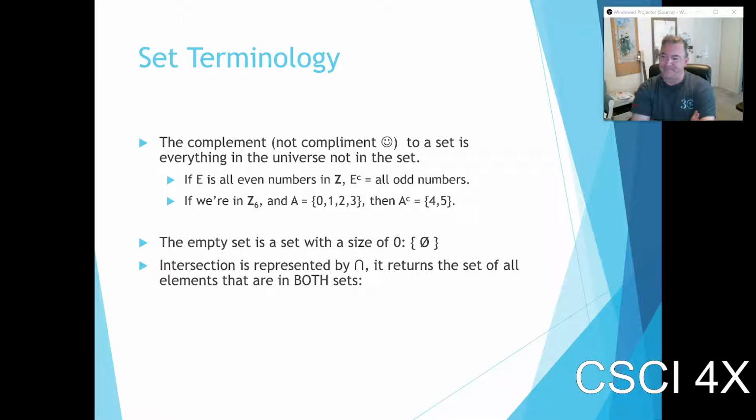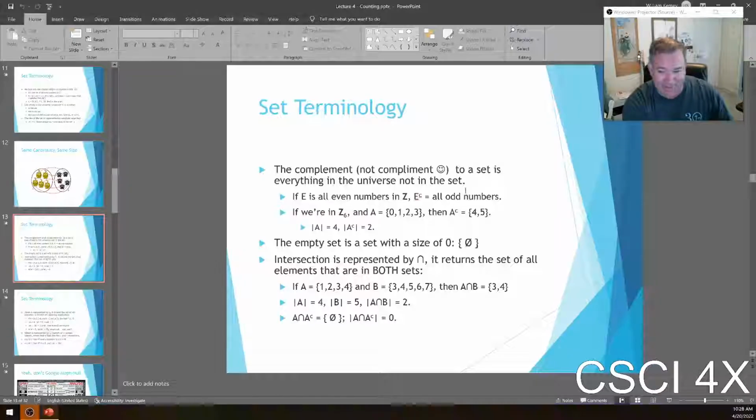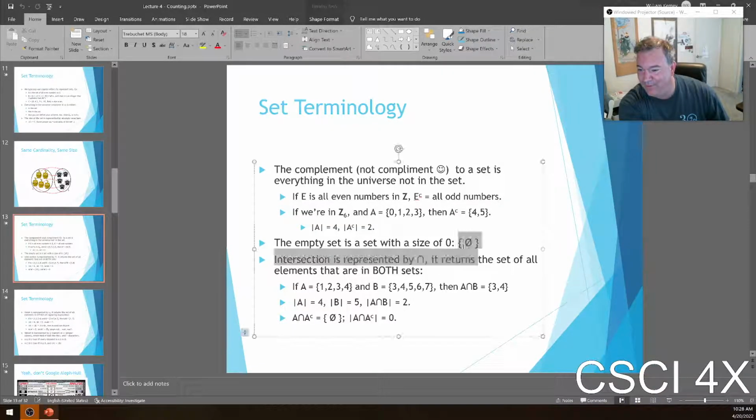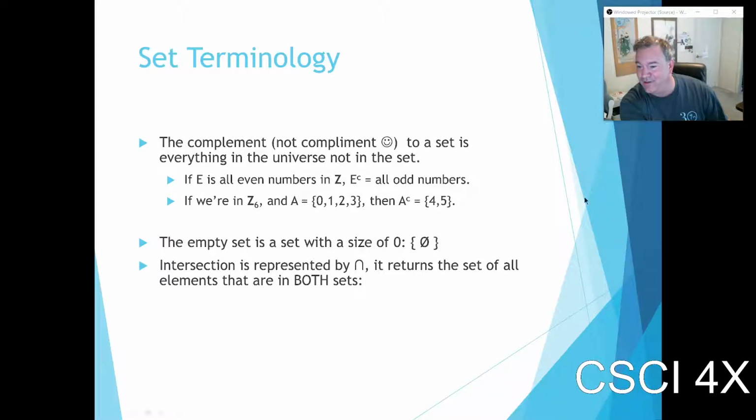Sure. Open close curly braces is how I would prefer writing it, but maybe you realize you don't have a null character on your keyboard. Yeah, that's some of the fun of set theory, is that you actually don't have keys for that. So if you guys want to figure out how you can type that on